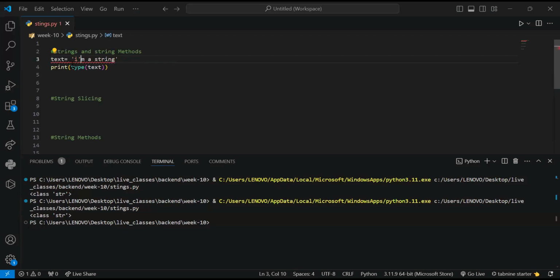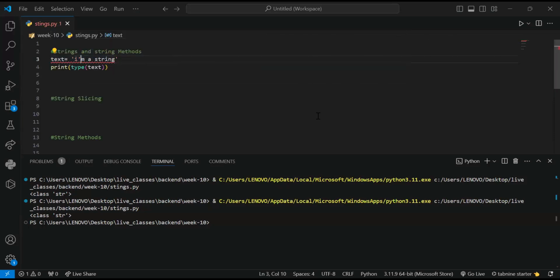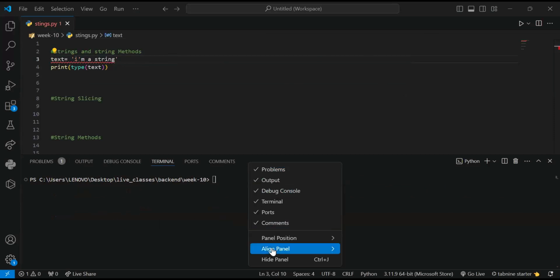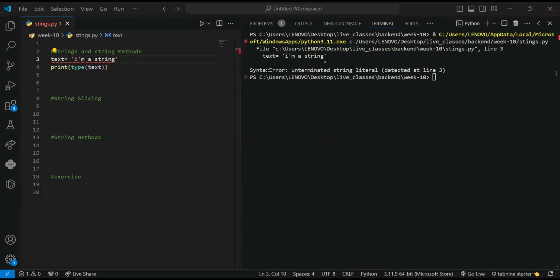Now you can tell already that we're going to have an error because the ID itself defines this, that this is not the right syntax. So if I print this, I'm going to clear this so we can see this properly. And I think it's best if I position this at the right, so we see it side by side. Okay, so now if I run this script, we're going to get a syntax error